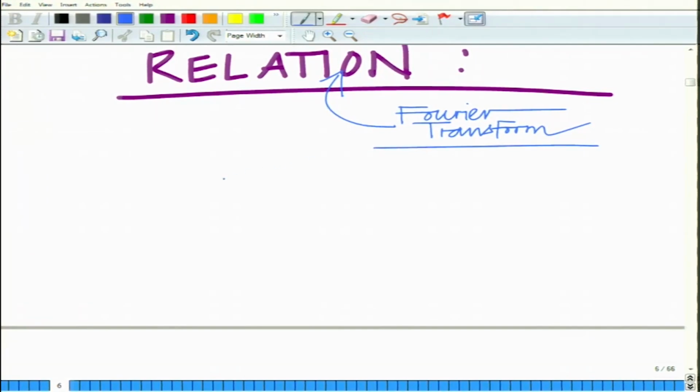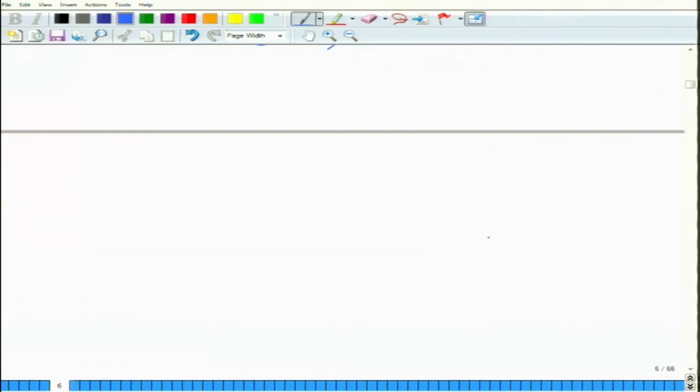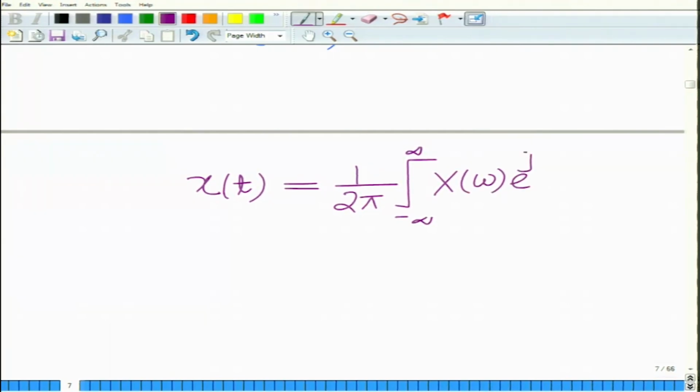Now, first consider a signal x(t) which has the Fourier transform X(ω). Now, we want to look at first what is the Fourier transform of x conjugate of minus t, what is the Fourier transform of this signal. Now, using the properties of the inverse Fourier transform, first you can see that x(t), which is the inverse Fourier transform of capital X of omega, is 1 over 2π integral from minus infinity to infinity X(ω) e raised to jωt dω,